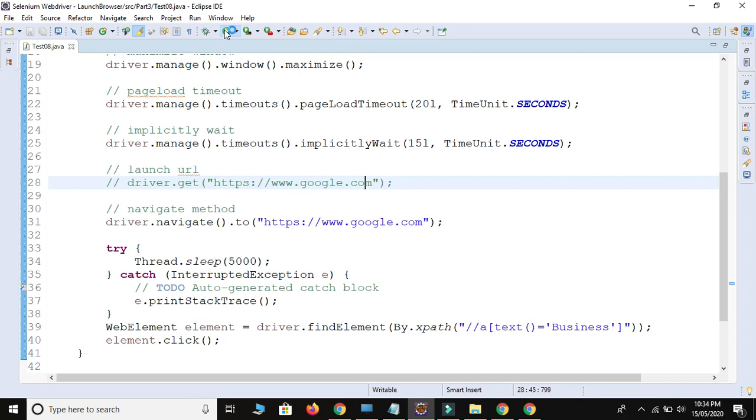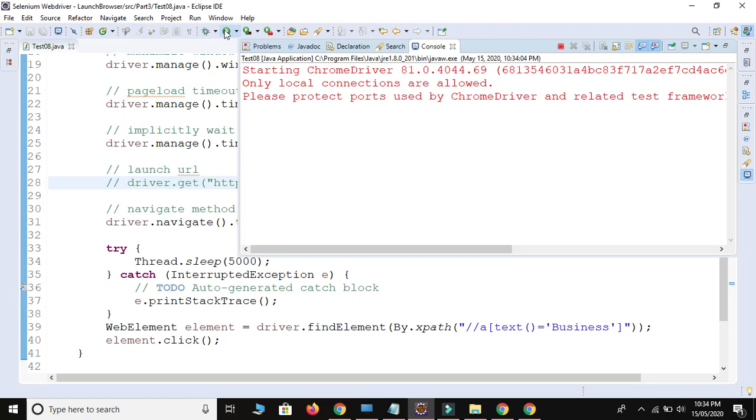This is the most famous interview question, the difference between driver.get and driver.navigate method. So the answer is get method is used to launch our parent URL and navigate method is used to launch our secondary URL, or we can say child or external URL.